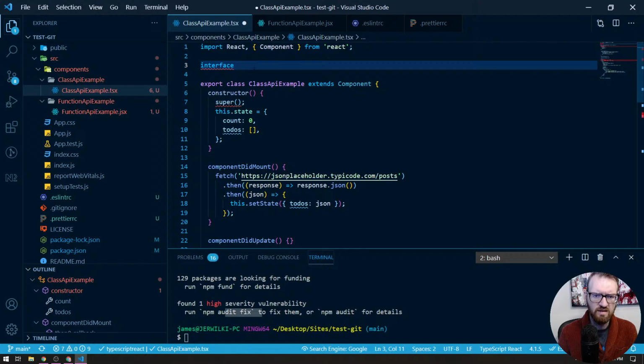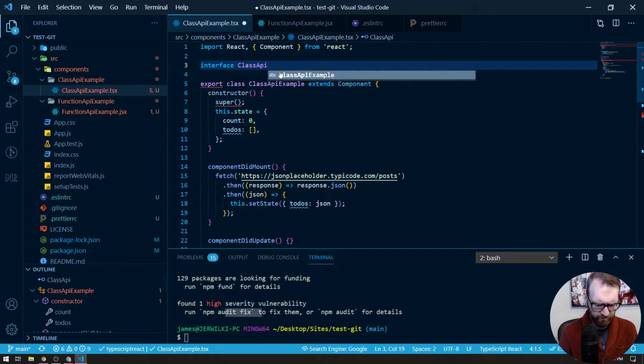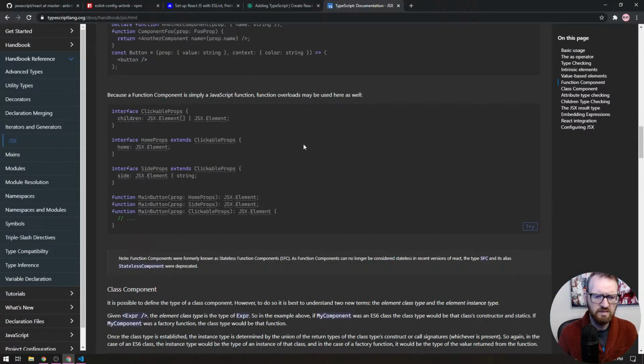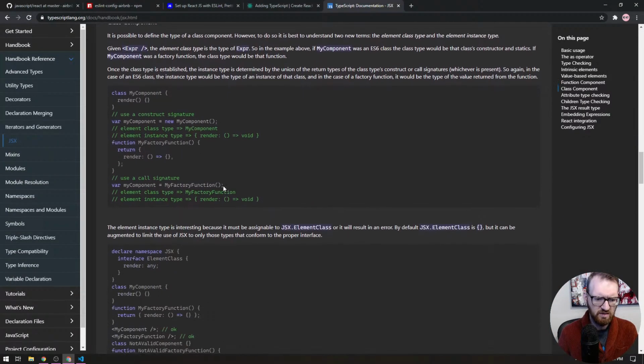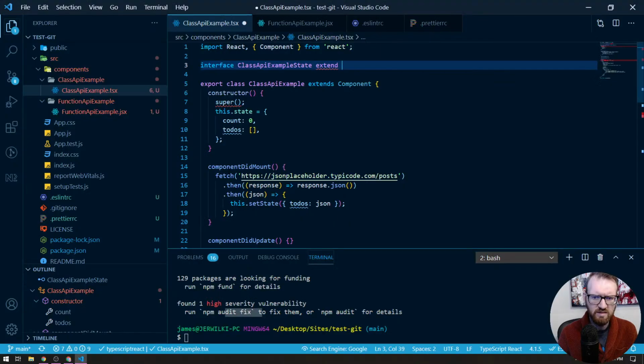So let's say interface class API example state, and we wanted to extend our React regular state so that we get all of the regular stuff from state. So